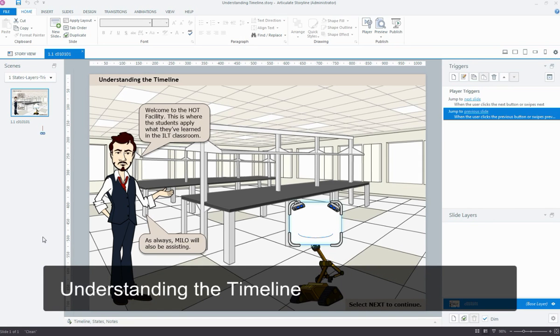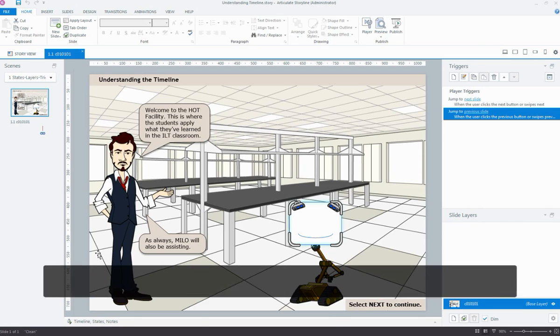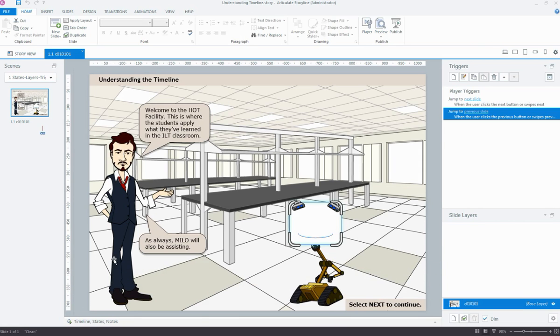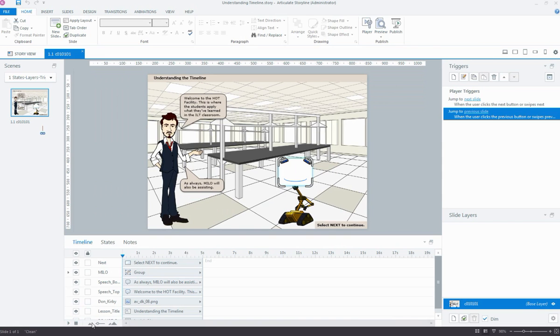In this video, we're going to talk about understanding the timeline. To access a timeline, we're going to go down to the bottom of the screen, and we have this little section here that says Timeline, States, and Notes. We will go ahead and select that, and as we do, we can see that it expands. It decreases the slide size, but it also opens up this window down here at the bottom so we can